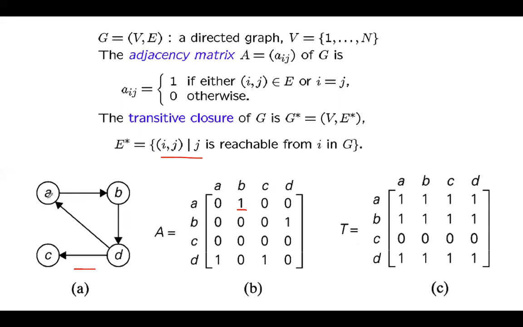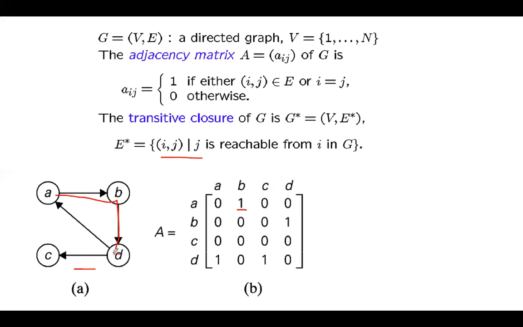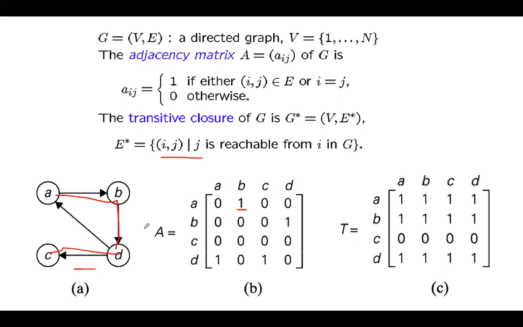Okay, we are in A. For B, there is a directed edge, so A to B is there. Next, I want to go to D. From B, we can go to D. I want to go to C. From D, we can go to C. Is it clear? A to B, B to D, and D to C. So in this path, I can reach C. That is what is mentioned here.